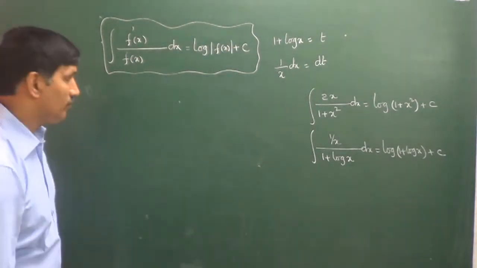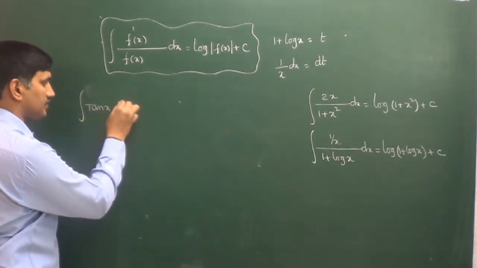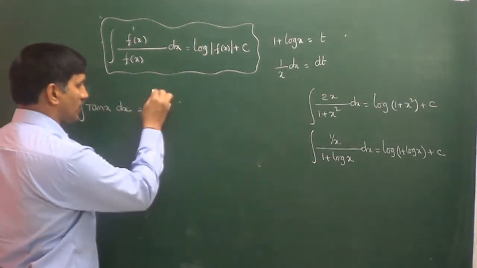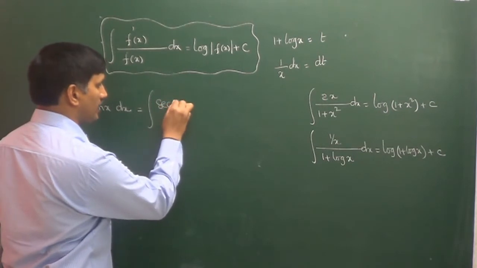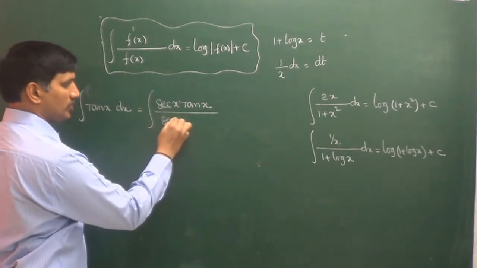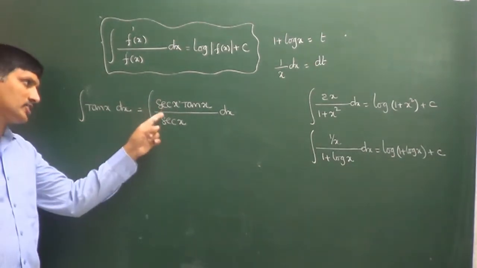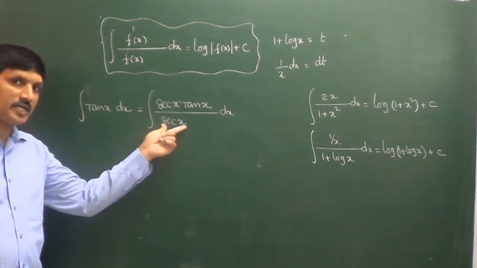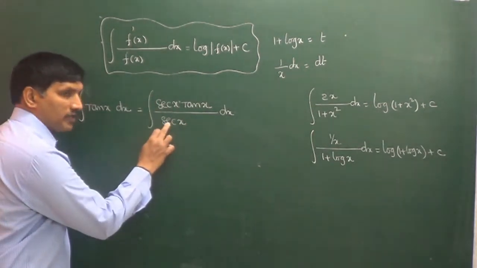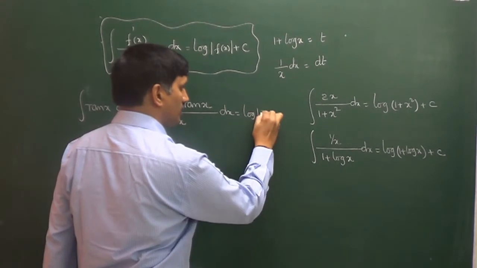With the help of this, we are going to discuss other formulas, because till now we don't know the integration of tan x. Now we can derive the integration of tan x formula. Integration of tan x, what can we write this as? Multiplying with secant x and dividing with secant x. What is the use? Why are you multiplying and dividing, sir? Multiplied with secant x, divided with secant x. The differentiation of secant x is secant x into tan x. That's why the denominator's differentiation is there in the numerator, and that's why we can write log of the denominator.